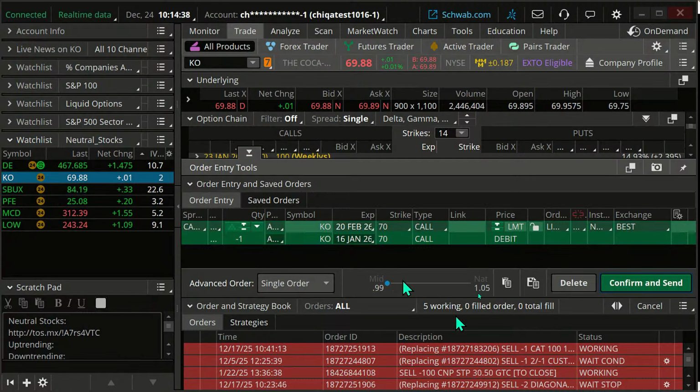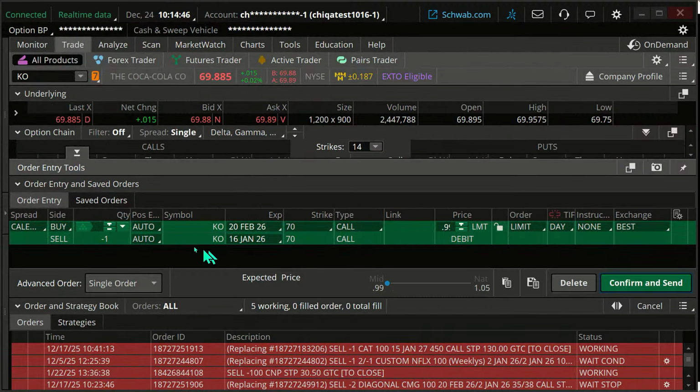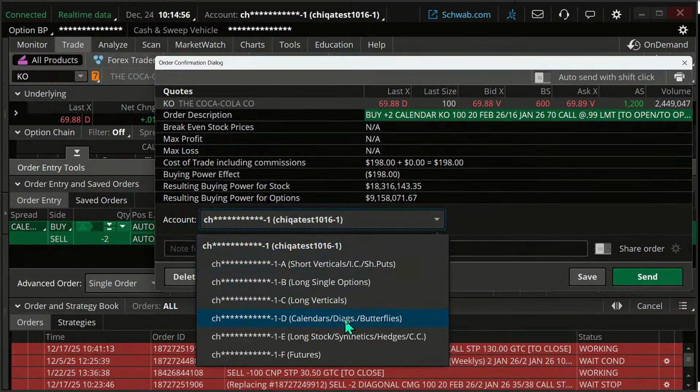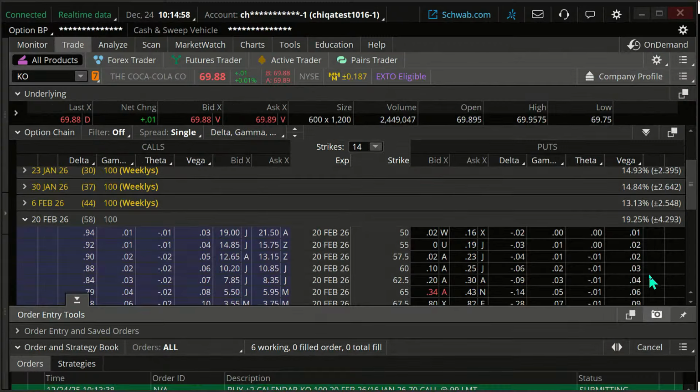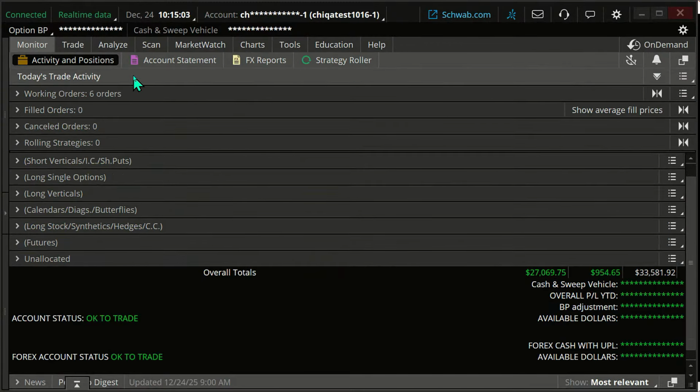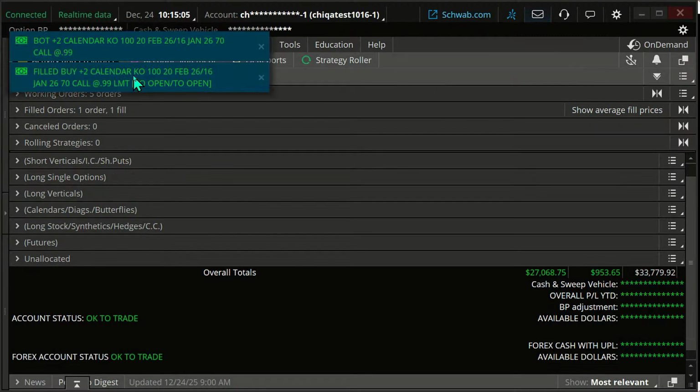So if I want to add that in, I can ramp it up. Let me get rid of this left-hand column. I can say, well, I'm willing to do 2 contracts or something like that. Then I can confirm and send, and I can throw this in the calendar category as more of a neutralist trade. If you're not neutral, you want to do the trade, right? This is just an example trade. We can do a similar type thing with trending stocks.